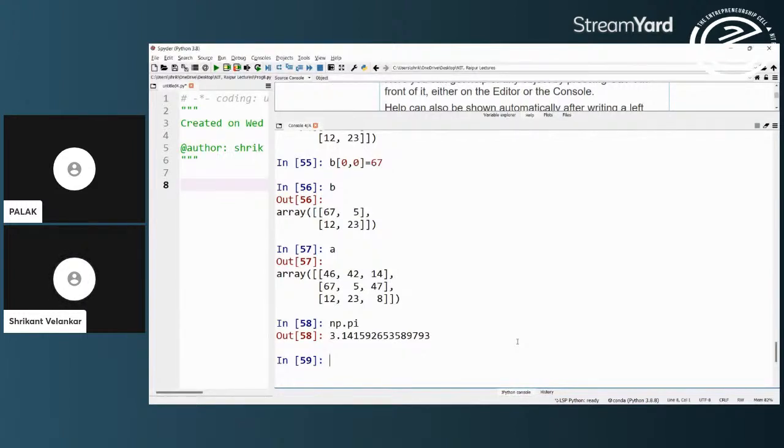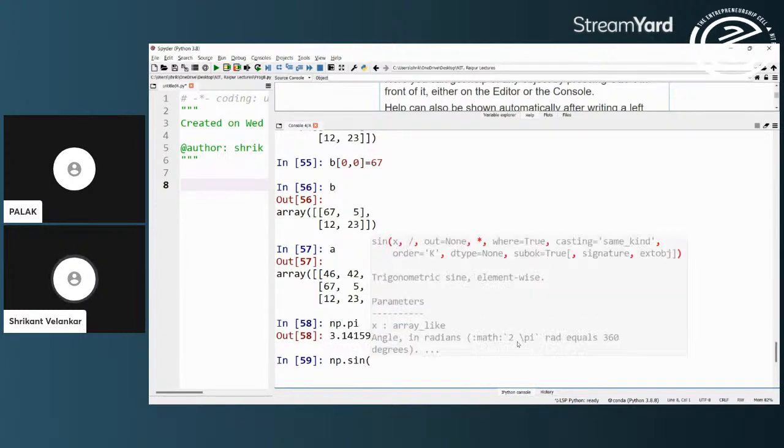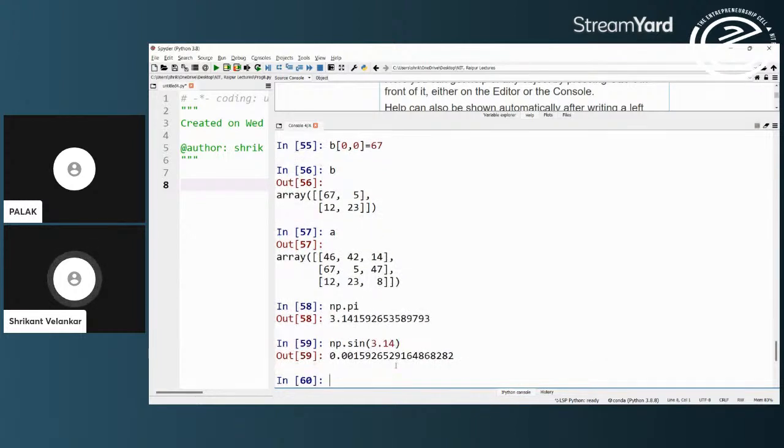Then I can have sine, cos, tan generated. So I can say np.sin, and the angle is required to be in radians. So sine of 2 pi, sine 0 is 0. So maybe if I say 3.14, it will be a value very near to 0, because I have put the radians to be pi.